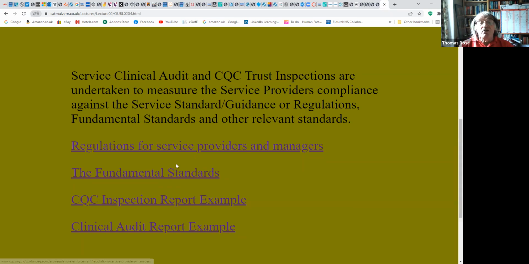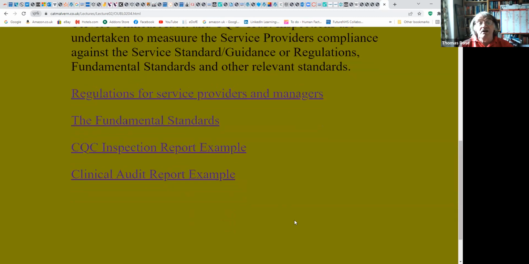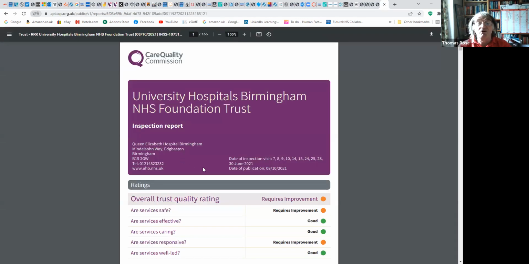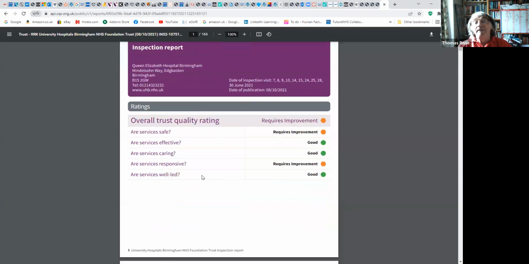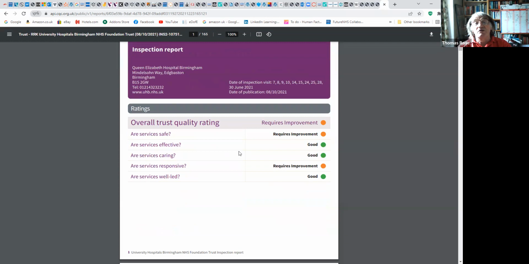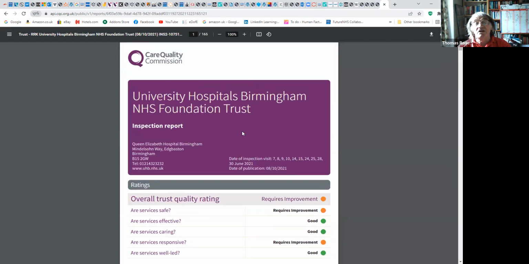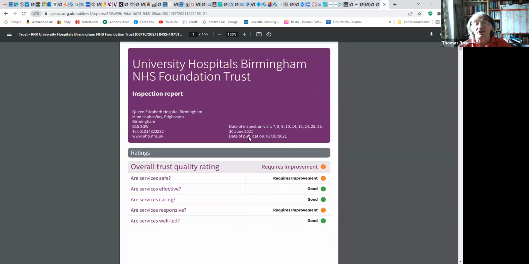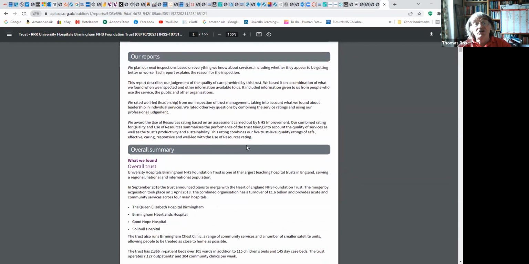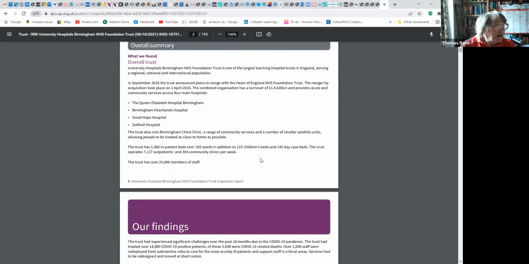We've already had a look at those two standards, and I don't know why I re-included them, but we'll just have a look at a CQC inspection report. There were quite a lot of areas in this inspection, and this is the hospital that's attached to my university, and you'll see in here, I don't know if I